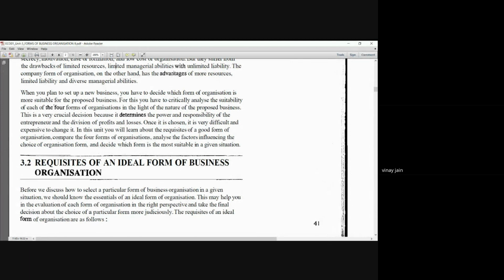I think now you are having the idea of unit number 3, because such kind of question may be in your mind. So we have different types of forms of organization, but which one is suitable for me? Therefore, you need to understand what kind of organization it is and what are the requisites, what are the important things that your form of organization should have. So let us begin. Before we discuss how to select a particular form of business